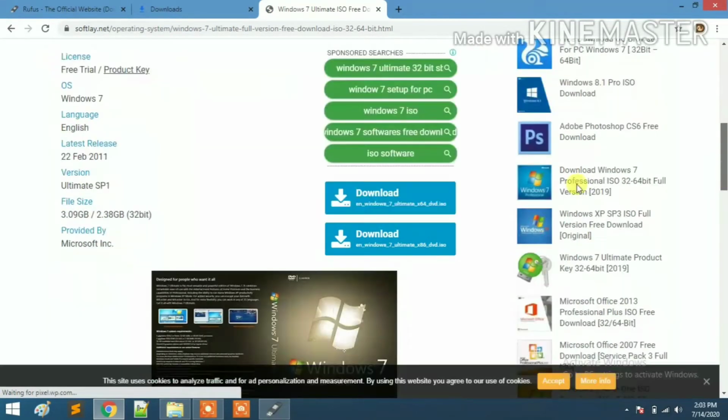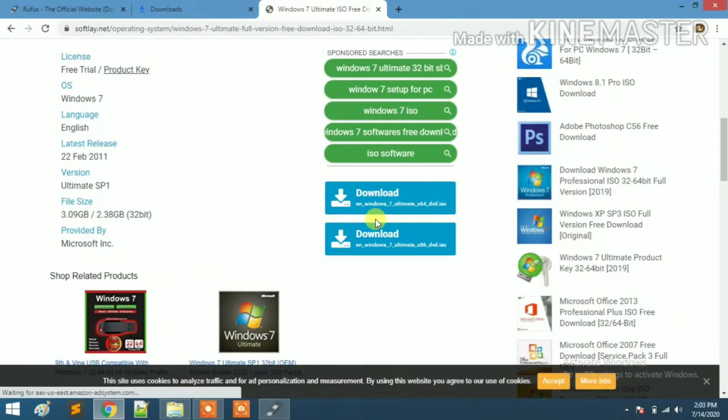It's your choice what kind of architecture you want. If you want 32-bit, you can download that, and you can also download 64-bit architecture. So I want Windows 7 Ultimate 64-bit architecture. So click on download.